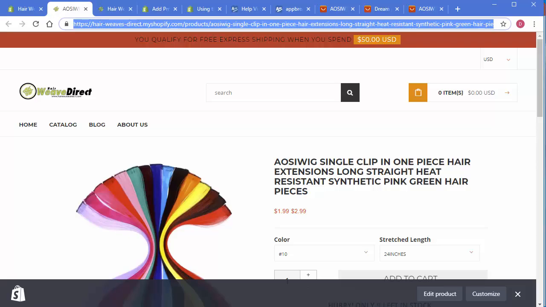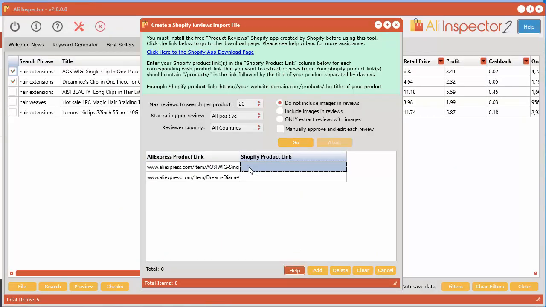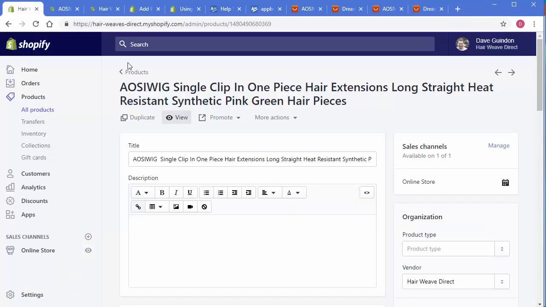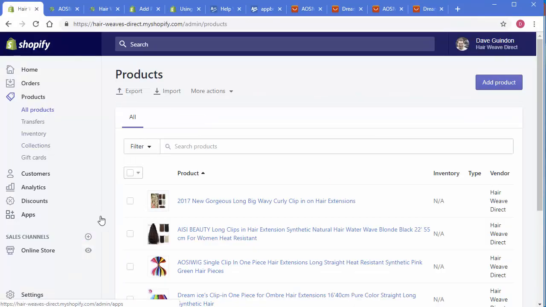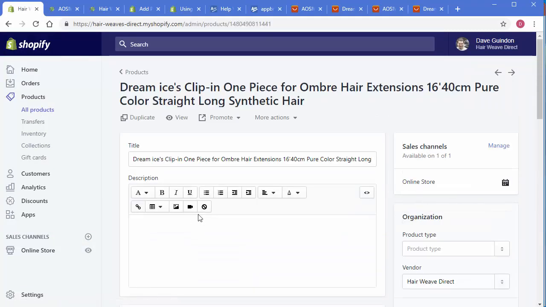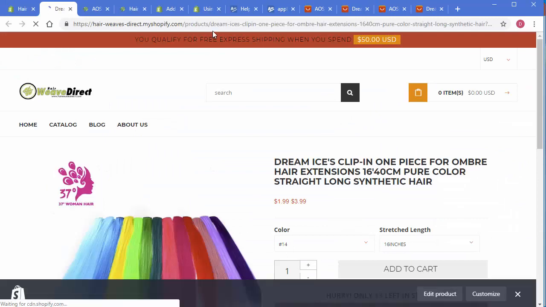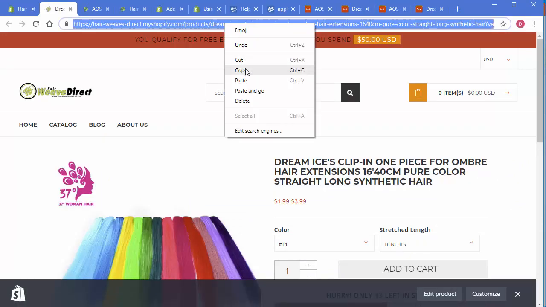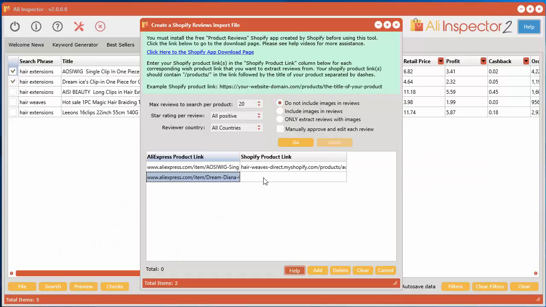And inside of Ali Inspector, right here, you just click in there and then right click and paste. Now we need to get the one for this one. And this was that particular product. So go back to our products and it will be this one here. Click in here again, right click and copy. Let's put this into here. Right click and paste. And now we're good to go.